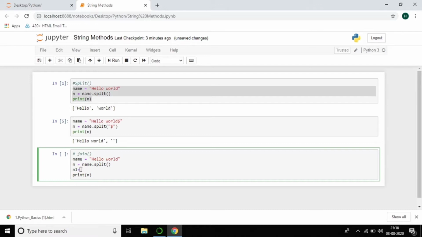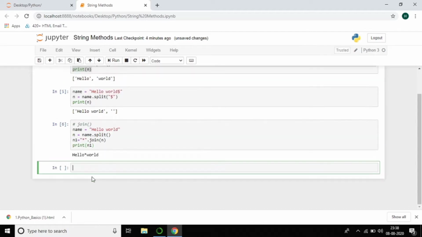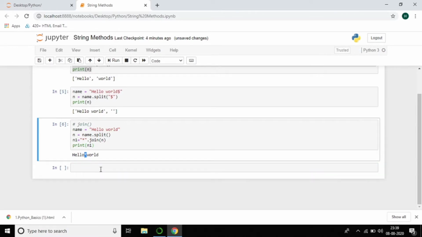If you want to join with an asterisk symbol, write asterisk dot join n, and now print n1. You can see the output is joined using the asterisk symbol. So this is about join.